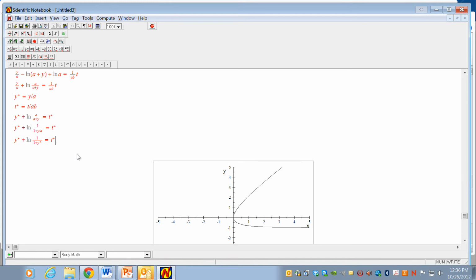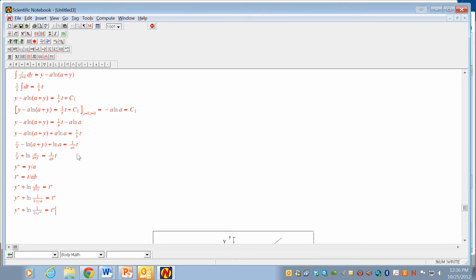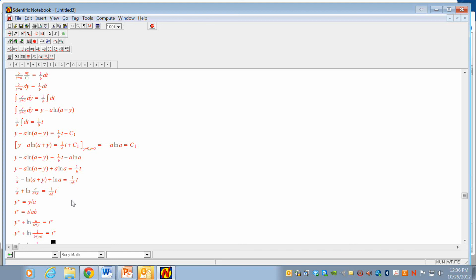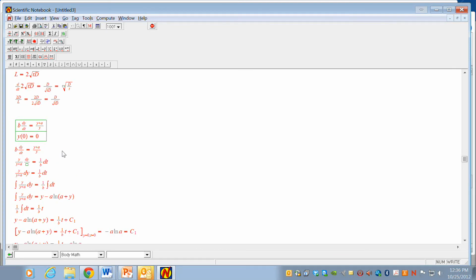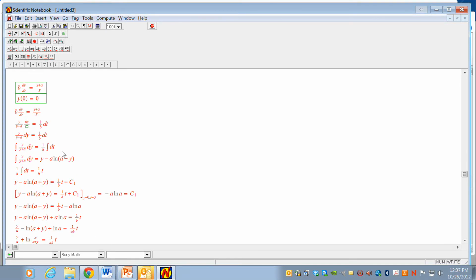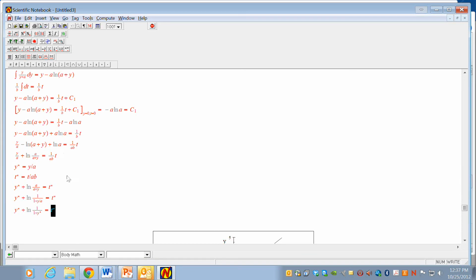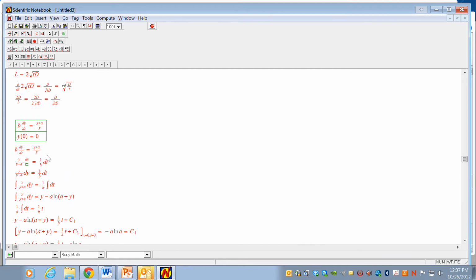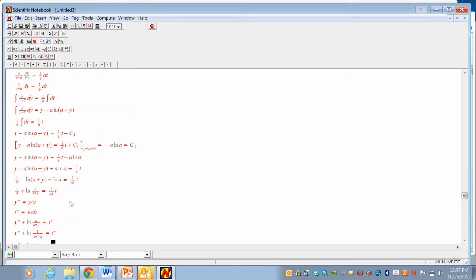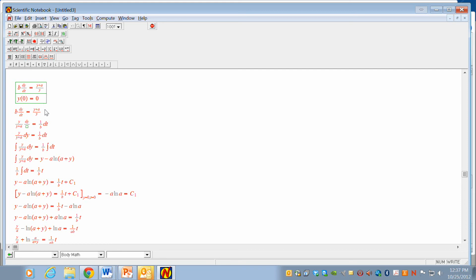When we work this problem in class, we'll put it in context. We'll have an interpretation of what we mean by y and t and so forth. Right now, of course, we're just treating it as just the basic math problem, so we don't have that context. But it'll be useful to have this under our belt, this solution method, when we do take a look at this analysis in